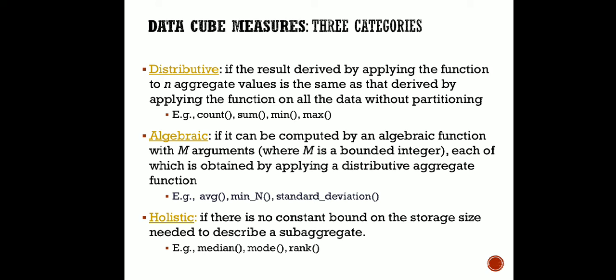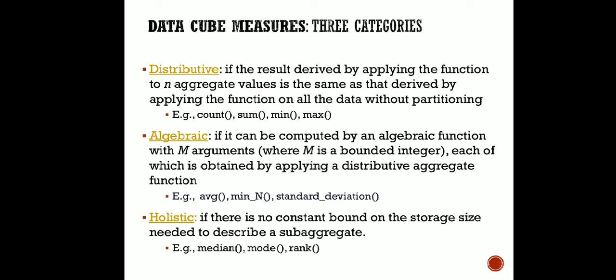Now if we bound something, say I'm trying to find out the average salary of those persons whose salary extends up to 50,000. If we can bound the data to something, that will come under this algebraic part, and it can consist of the minimum out of n variables. It can be average, it can be standard deviation.